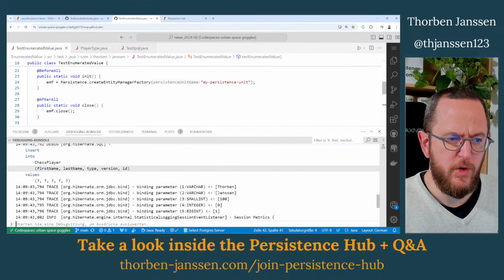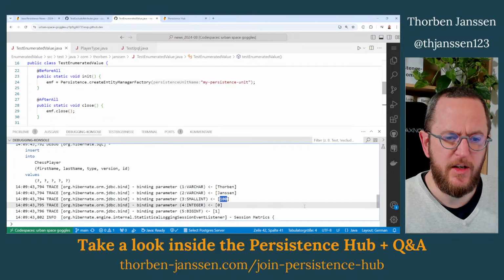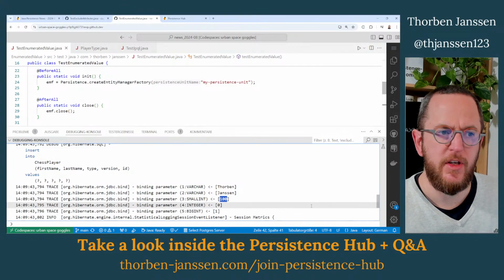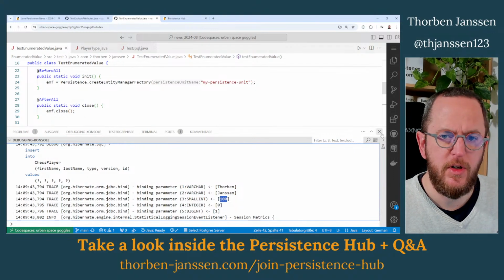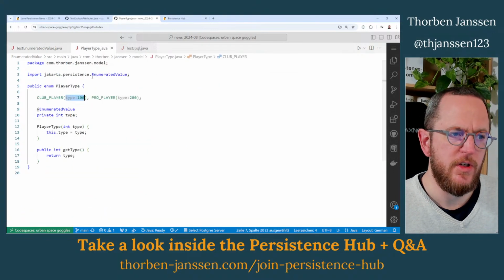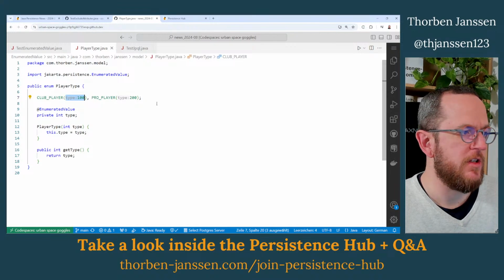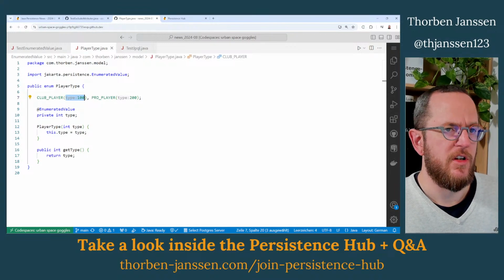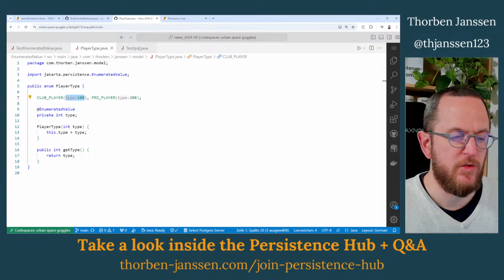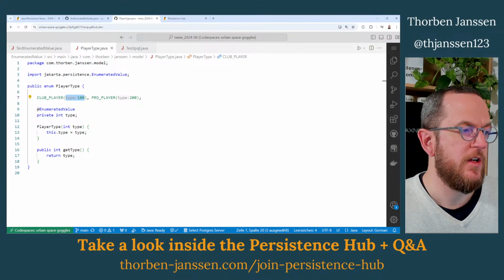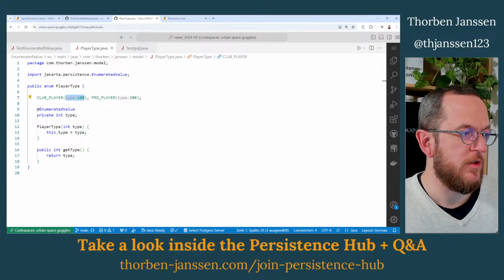It gives you much more flexibility than you usually have with the standard enum mapping that either stores the string or the ordinal value, while the ordinal value is the position here in the enum definition. Yeah, quite a technical representation of the enum value creates lots of issues when refactoring. I prefer custom values over that, of course.